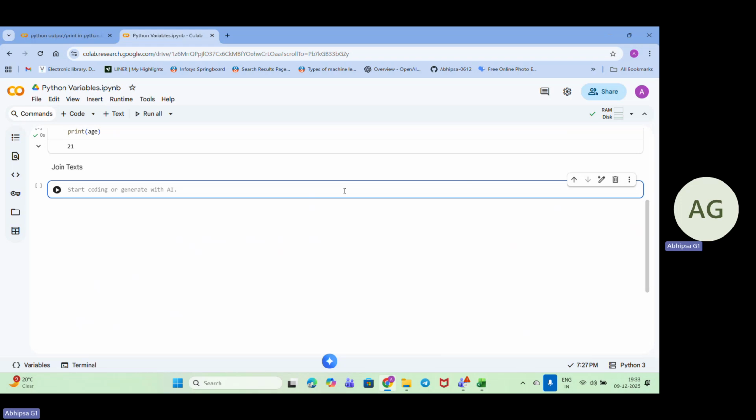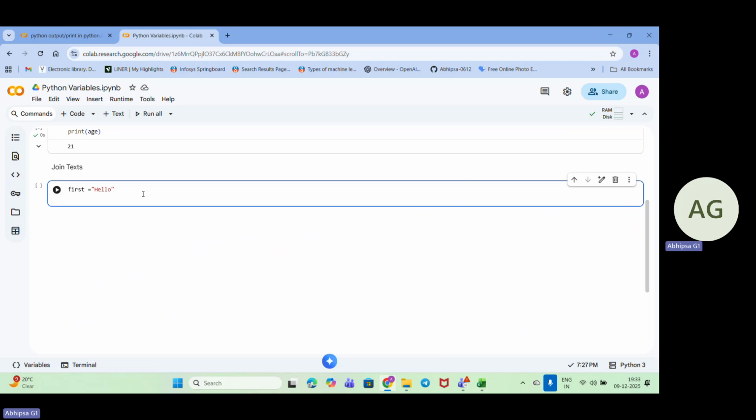I have shown some to you already using and, and there is another way of doing it. So let's do it. I'll be using first equal to hello. The second one, second equal to world.